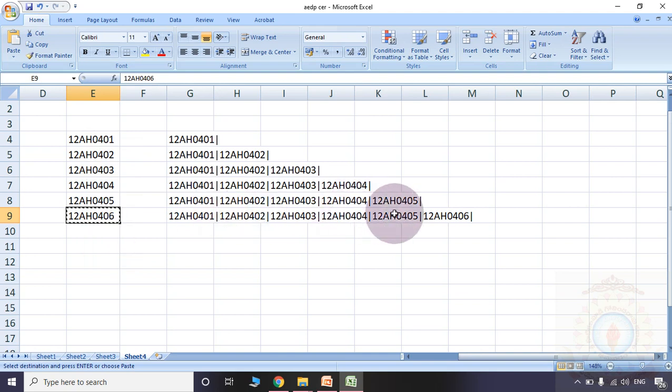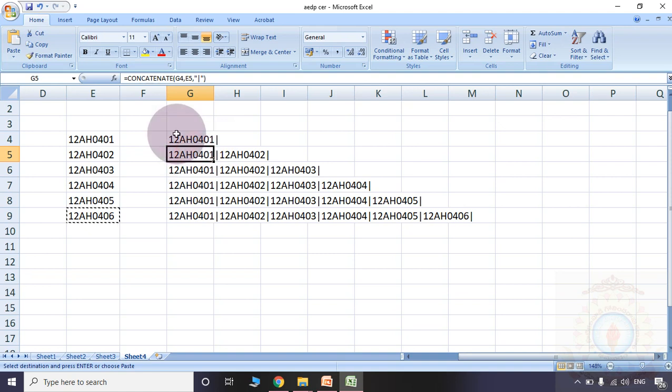So in this way you may create the complete expression easily. One more time I am telling, equal to CONCATENATE, in the brackets this particular value, comma, in the inverted commas the R symbol. This particular line should be pronounced as the R symbol that will be available just below the backspace button in the keyboard. Please observe your keyboard. Below the backspace button the particular symbol is available.